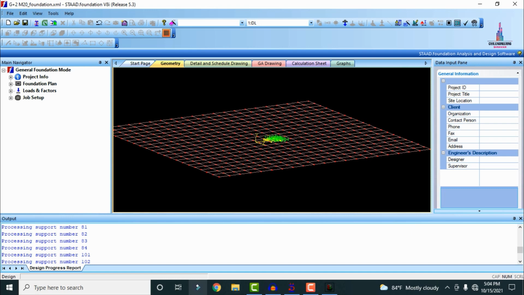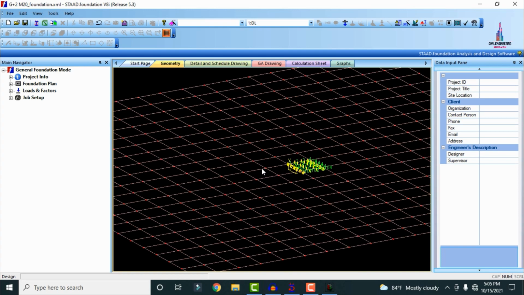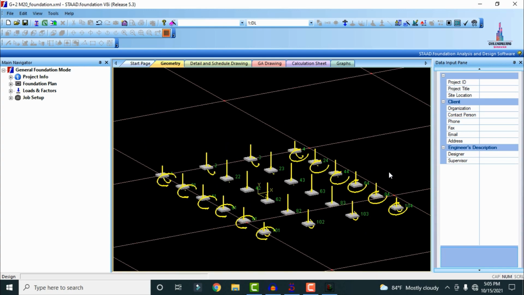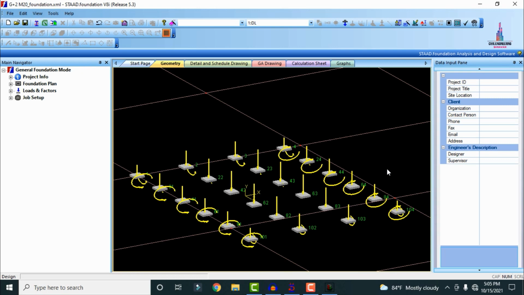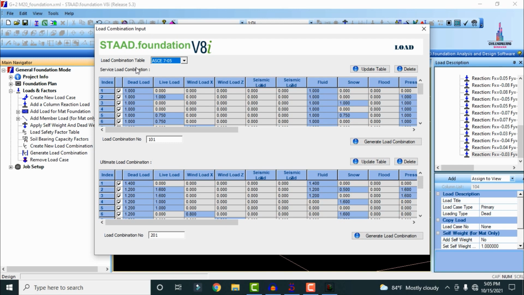Okay. So now we can see these are the fixed supports involved in this foundation design, which consist of the numbers here. Firstly we have to design the foundation for the respective section under consideration of the isolated footing. For that, initially we need to create the load combination. So here I am selecting create load combination. Otherwise you can click on generate load combination. It shows the load combinations option here.